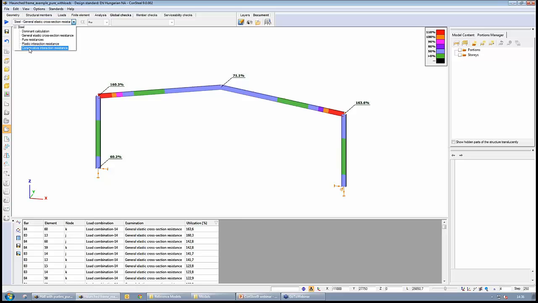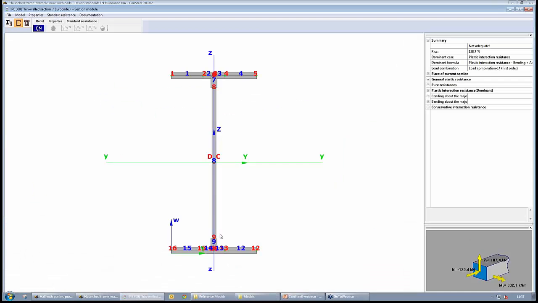And in each cross-section throughout the member, one dominant load combination and one dominant examination type is selected automatically, and that is seen here. So we have these utilizations, and from all the utilizations, these are the dominant ones. And if we want to see the detailed results of any cross-section, we can call by right-click the cross-section model with the detailed result. Now I show you the end cross-section of this beam, where we have the highest utilization,